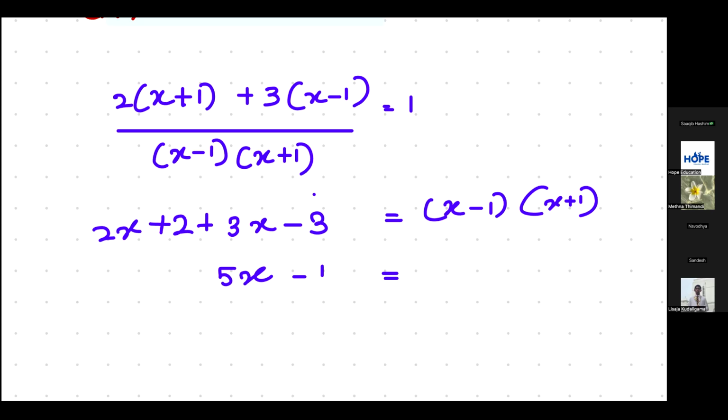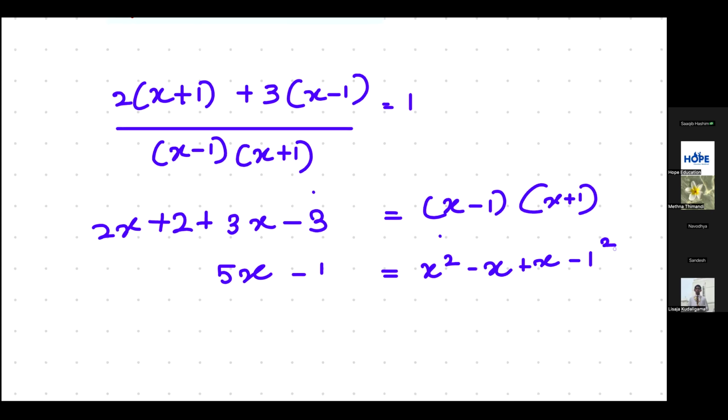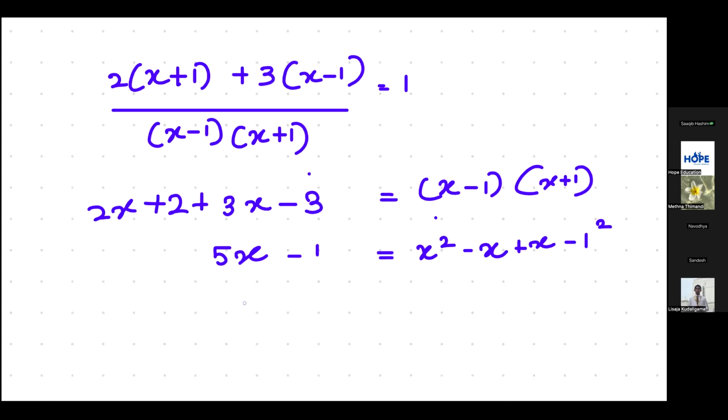All right. On this side, x times x is x squared, minus 1 times x is minus x, x times plus 1 is plus x, and minus 1 times plus 1 is minus 1. All right. So plus x and minus x cancel. Here we have